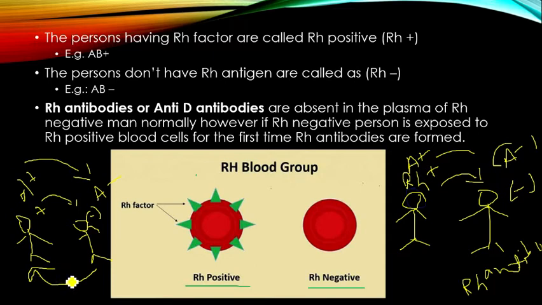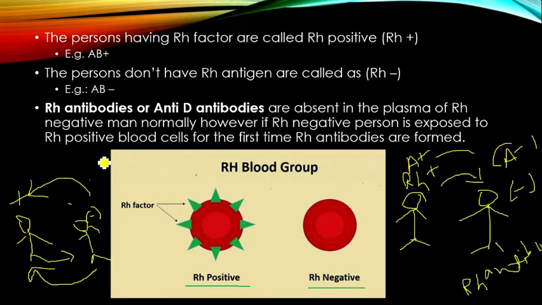Nothing will happen if you transfer blood from A negative to A positive, but we cannot transfer blood from A positive to A negative. The reverse applies: negative blood we can transfer into positive persons, but positive blood we cannot transfer into negative persons. If you transfer negative blood into positive blood, then nothing will happen. But if you transfer positive blood to negative blood, then Rh antibodies are formed in the receiver's body. Hence,